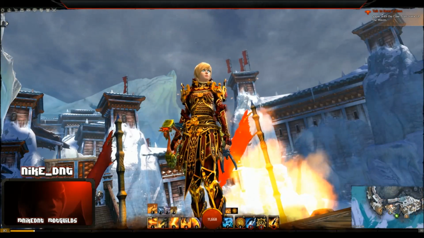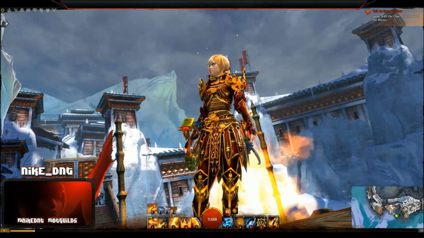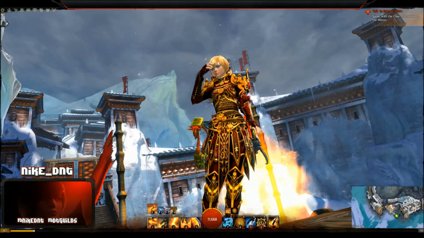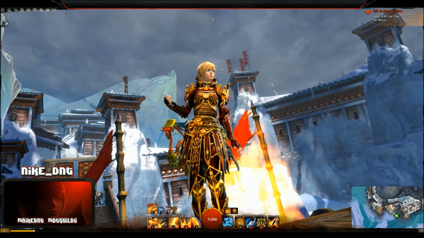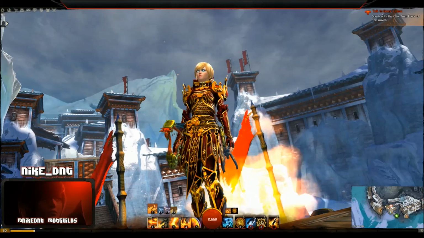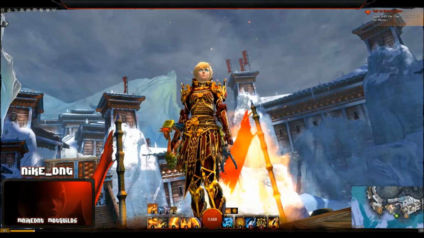Alright guys, so those are the 2 basic Elementalist PvE DPS rotations. I hope you guys enjoyed this guide, and I really hope you guys all enjoyed this series. I know it's kind of beginner information, and a lot of you already knew this stuff, but hopefully you guys learned something,